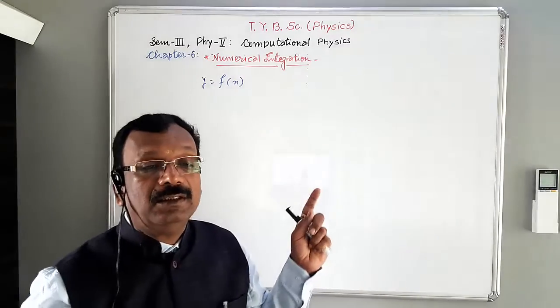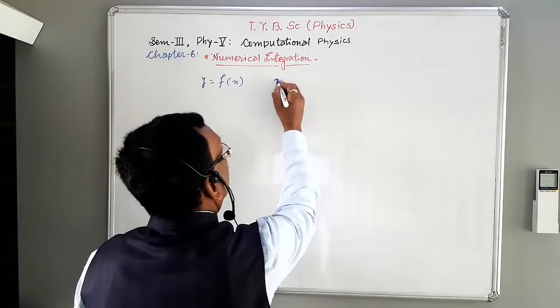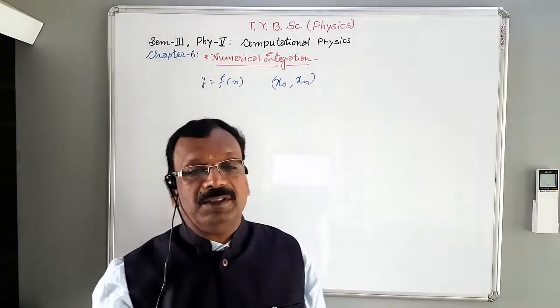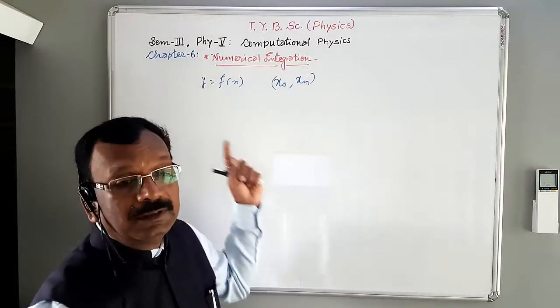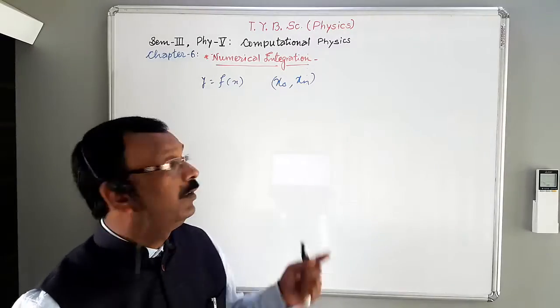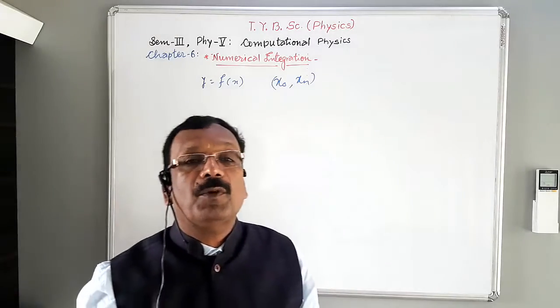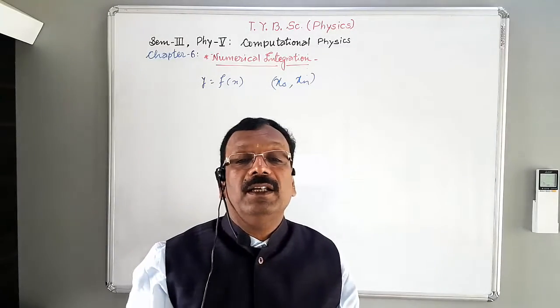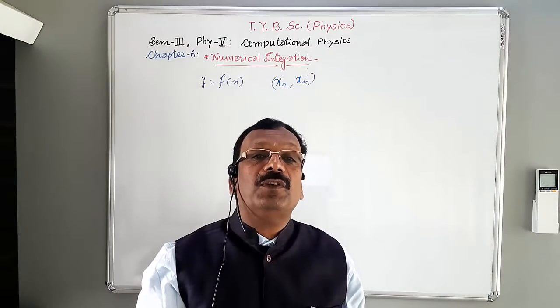This is a continuous function having interval x0 to xn, with equally spaced values of arguments